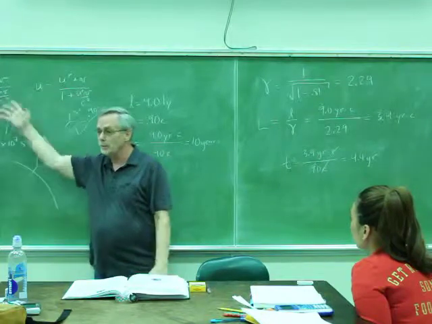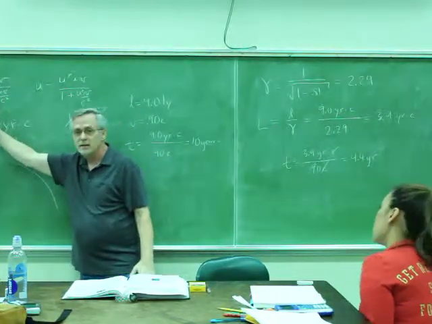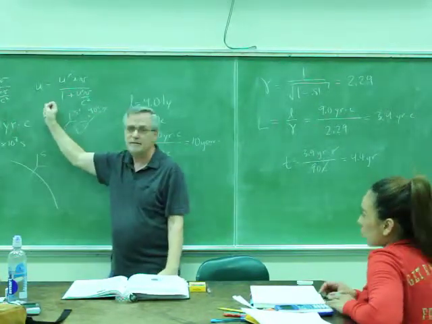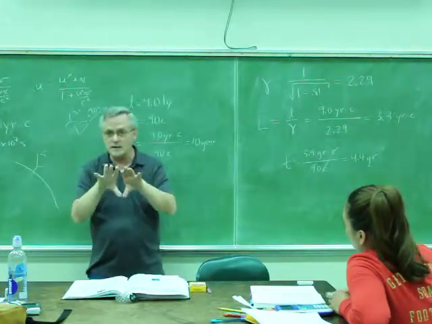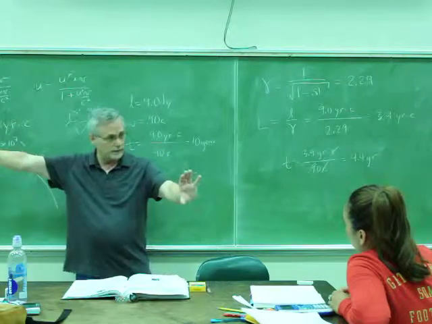So you just need to know when to pick these. This is how fast it's measured in the S prime frame. This is how fast it's measured in the S frame. V is the only thing we need if all we've got is separating frames. And with a rocket leaving Earth, that's all we have.